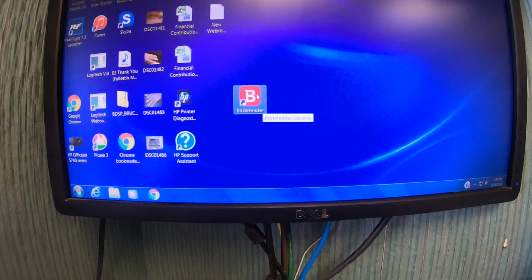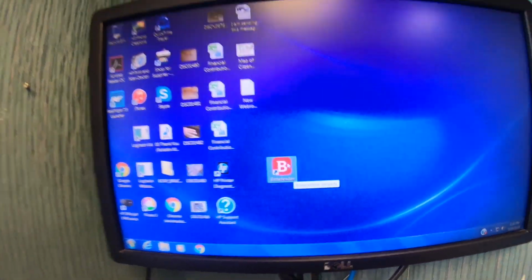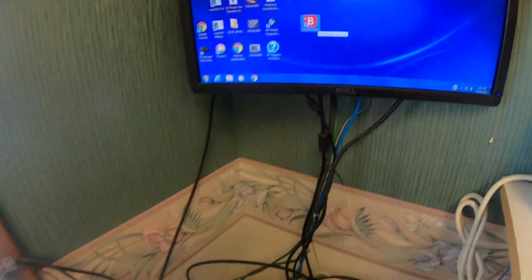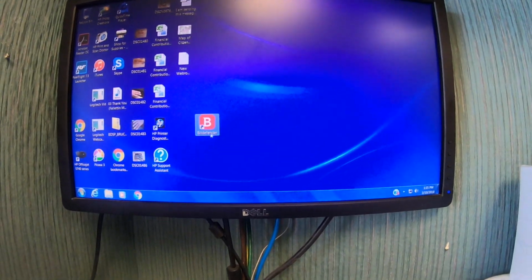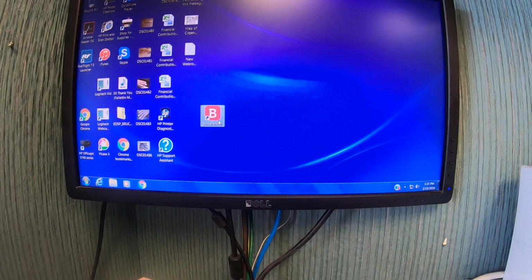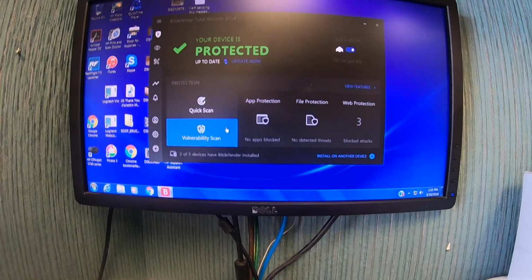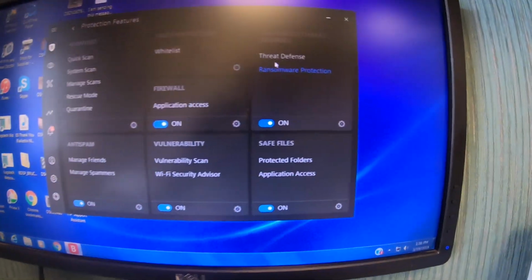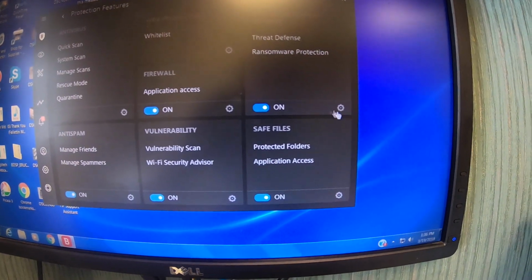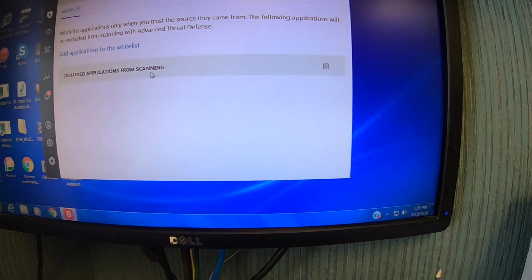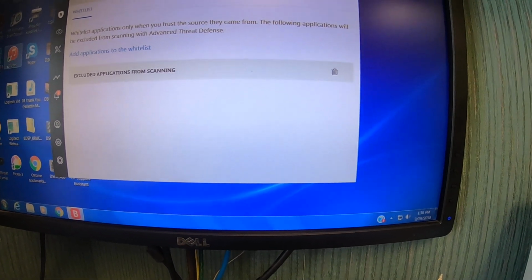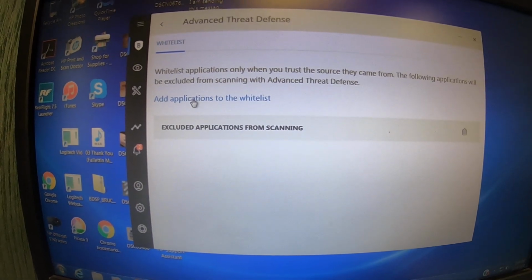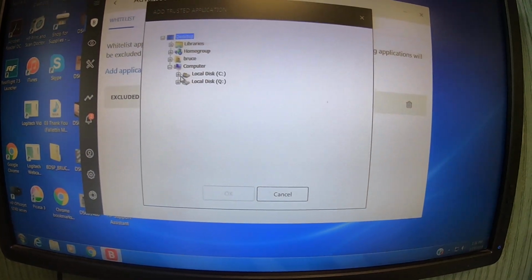So what you need to do, in my case, I'm running Bitdefender, and this is the RealFlight that I have, the 7.5. So basically what I need to do is allow it on the program. So I will open Bitdefender. This is Bitdefender 2018. What I need to do is view features right there, and then right here in this area, the threat defense, you go to the settings right there, and then in this list you're going to add your RealFlight. So you're going to put right here, add application to the whitelist, and now you search where